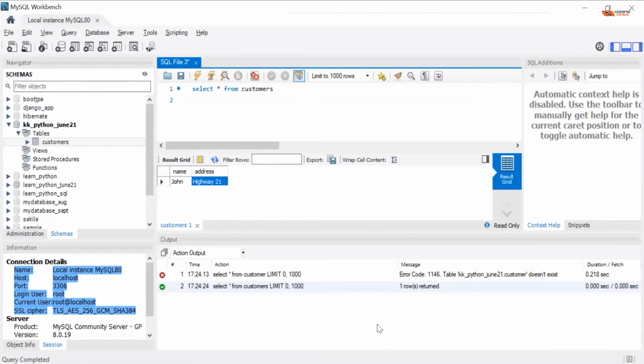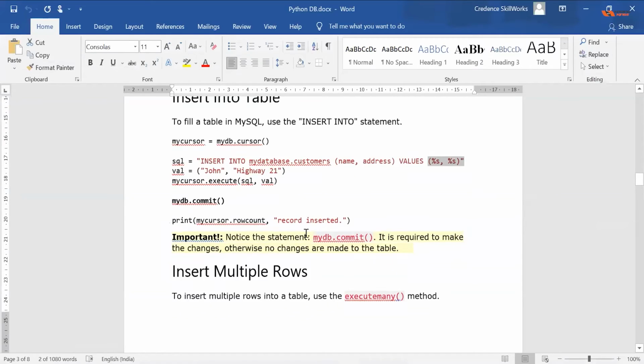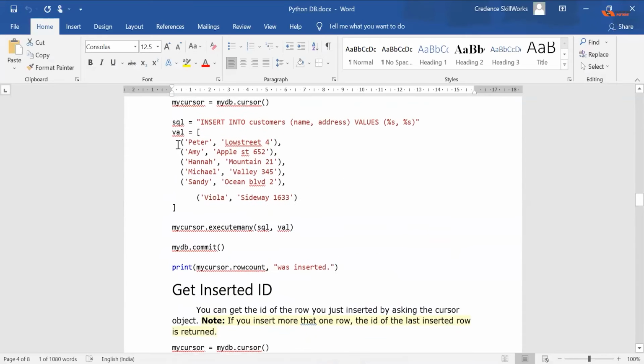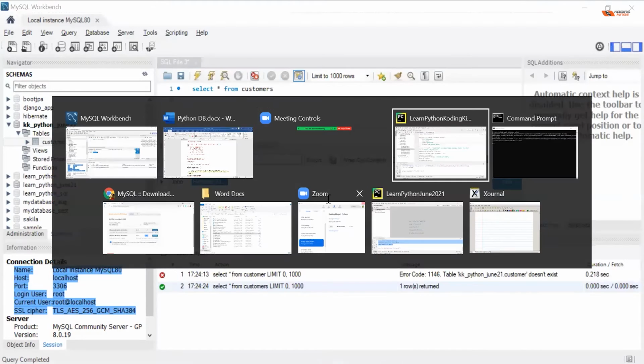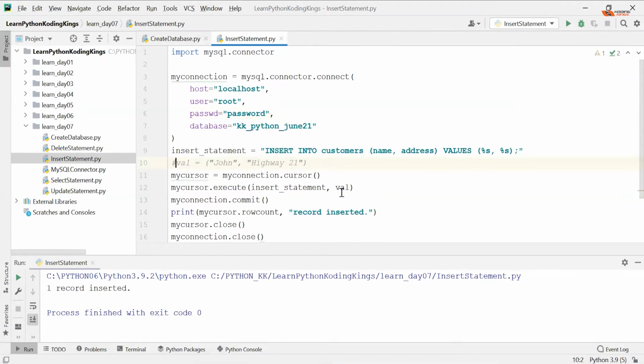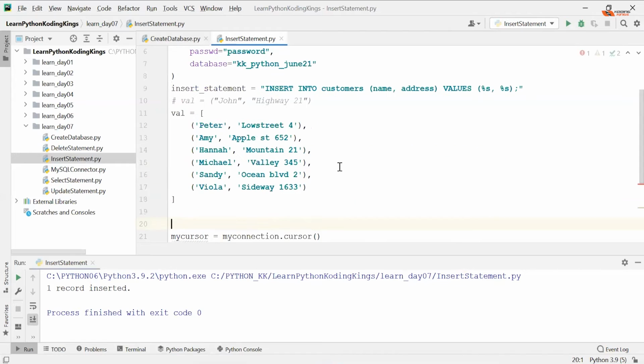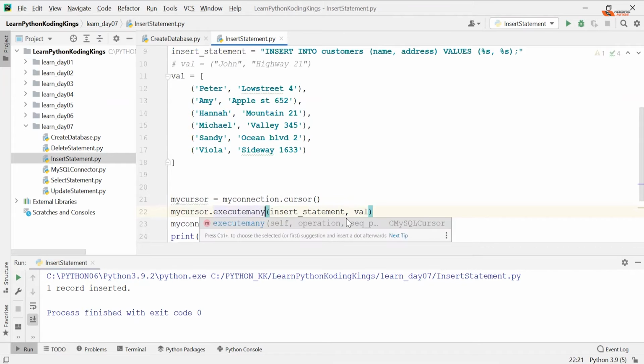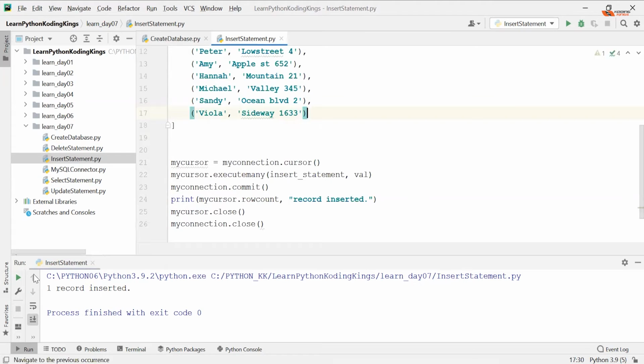If you have multiple records to be inserted, you have executemany also. Okay, so you have executemany where you can pass multiple records. We'll take that example right away. So if you want to pass multiple records, this value, I'll comment that value. Okay, and instead you will get this one. So this is a list of tuples. Now you're gonna pass a value, but it is a list. So that's why you will use the executemany method. So this is many inserts. Okay, and then you can always get the latest value.